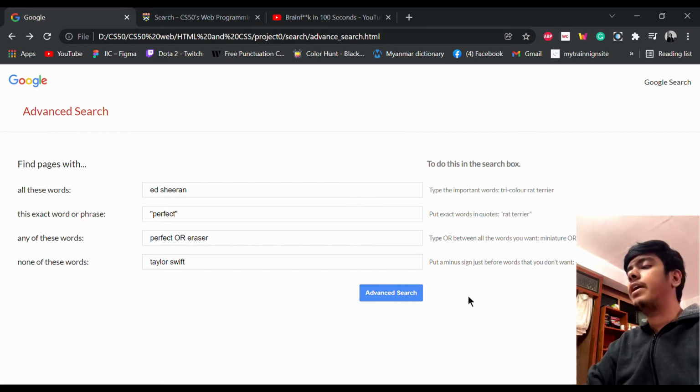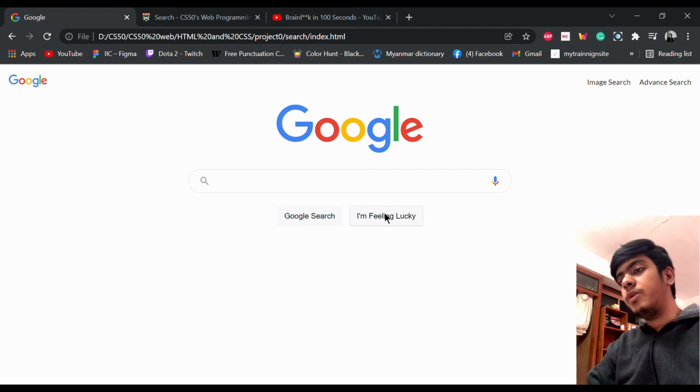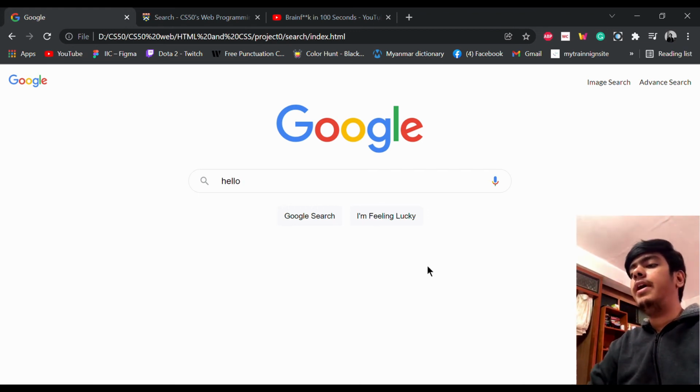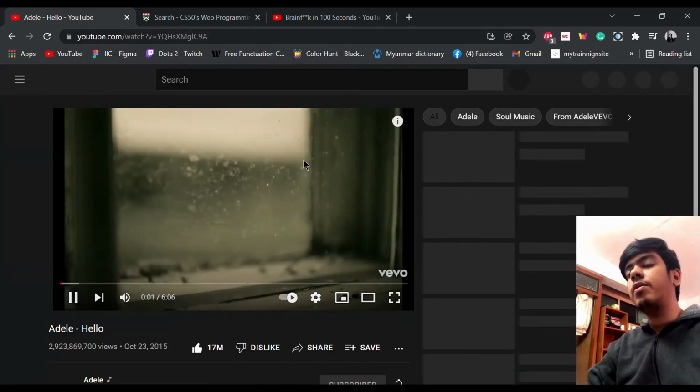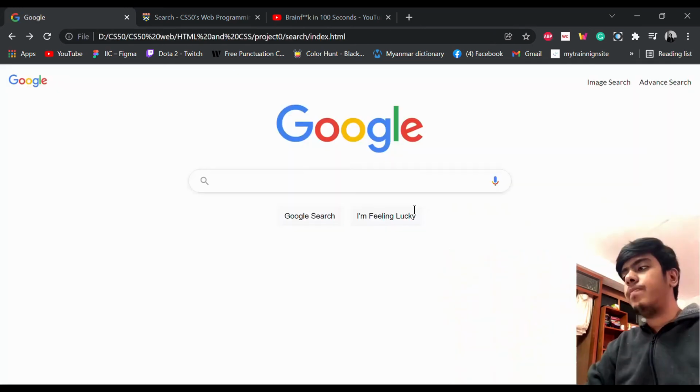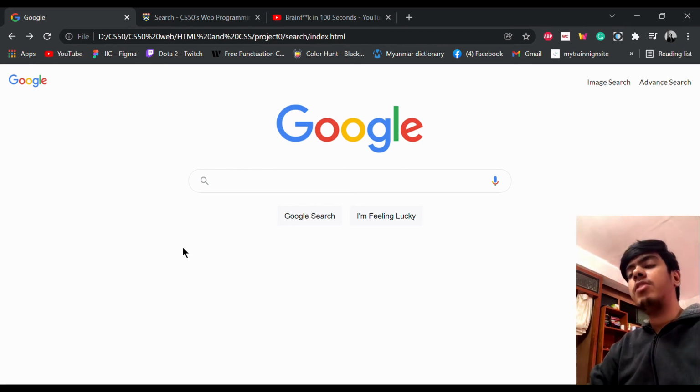The I'm Feeling Lucky button also works the same as the original one. If I want to find something related to hello world, and I then click my Feeling Lucky button, it will send me directly to the very first query result of hello world. Each and every page is the same as the original Google page, and my web pages are also mobile responsive,